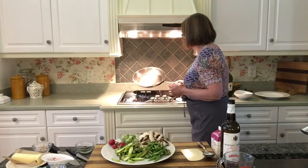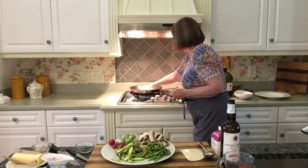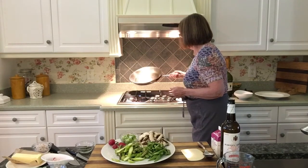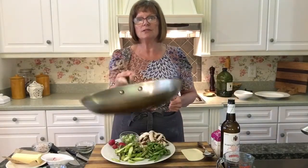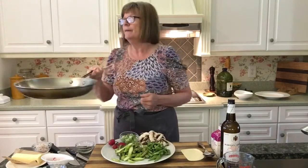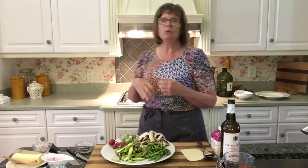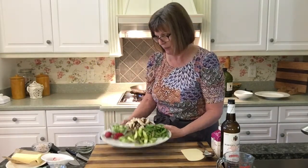So let's start with the mushrooms. I think our pan is nice and hot. And I think you can see there's very, very little oil. It's really just to coat the entire bottom of your pan. What we'll do is we'll add a piece of butter, and that will give it some really nice flavor. So let's go ahead and put our mushrooms